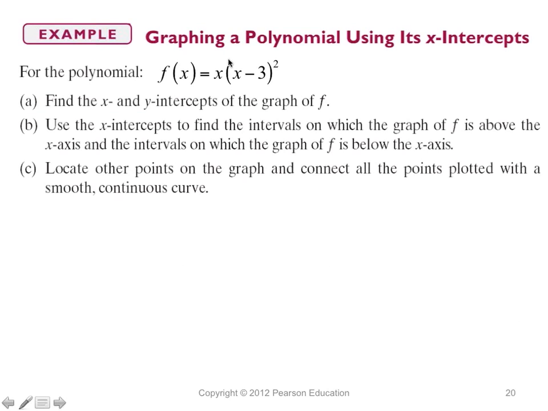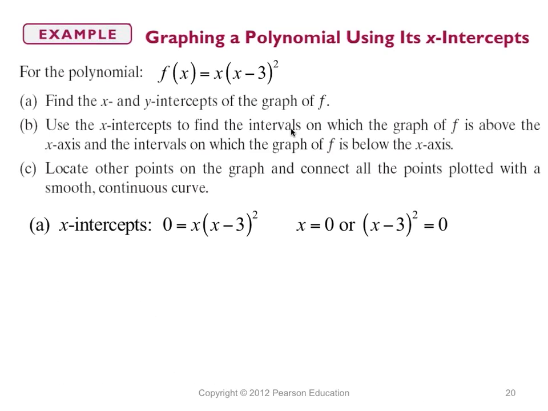Okay, so let's take a look at how to graph a polynomial using its x-intercepts. So if we have this polynomial here, f of x equals x times (x minus 3) squared, we want to find the x and y intercepts, and then we're going to use them in order to create intervals and decide if our graph should be above or below, locate a couple of other points, and then draw a nice smooth curve. So if we want to find the x-intercepts, hopefully you remember you have to set y